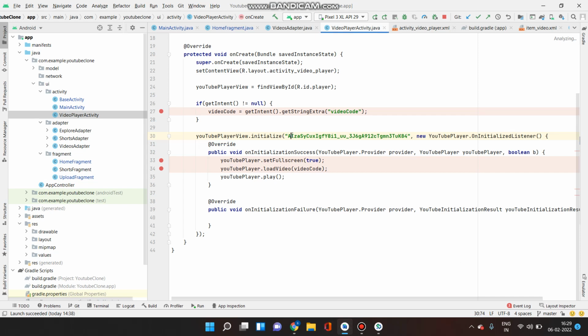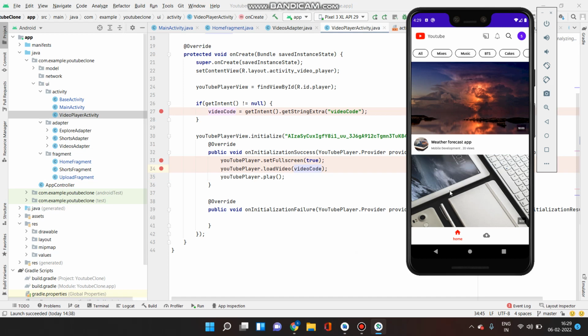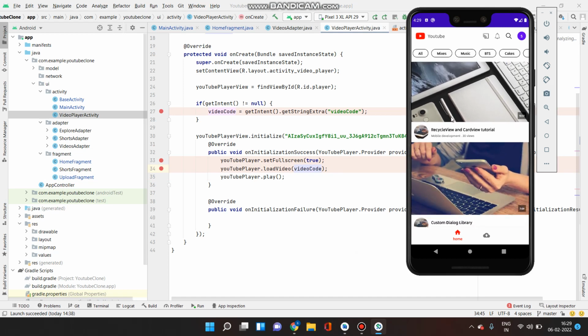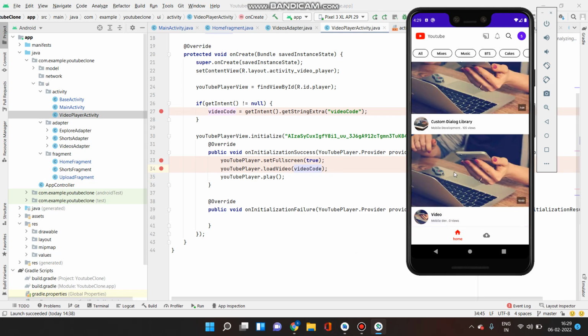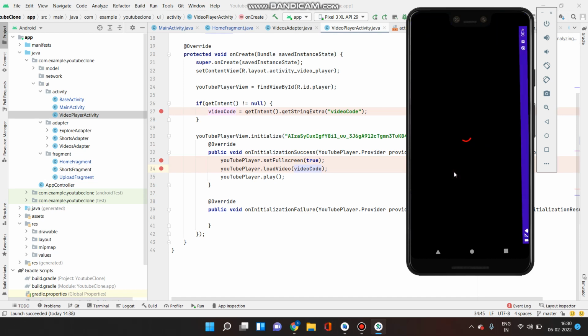And after you get that, you just need to add the API key over here. And on initialize, we can just give the video code whatever it is, and then you can just give YouTube. So the video will play on this instruction. So in my application, this is the video that we have added. So on clicking on this video, it just redirects to the player, and then the video starts playing.